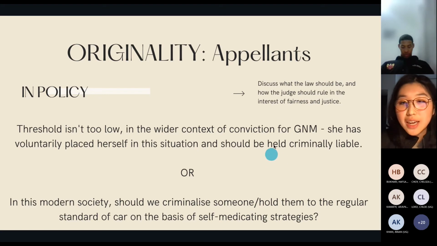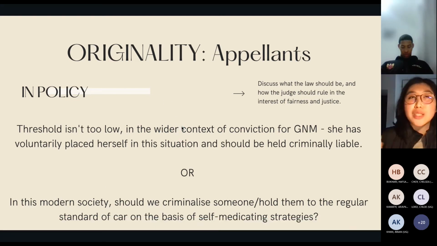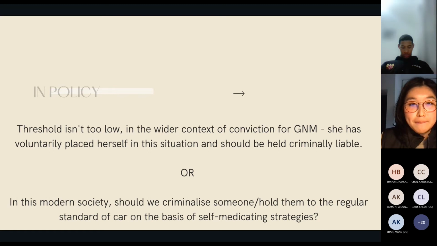Apologies for that, I said the opposite earlier. But yeah, that is just a way for you to be original and creative. Try not to be too far-fetched, because there was an argument made about how the grandmother had to take on the responsibility of taking care of her granddaughter because her mother, how dare she, went on a vacation in Ibiza. That is creative, but it's a little too far-fetched. Try your best to stick to reality a little in terms of originality.